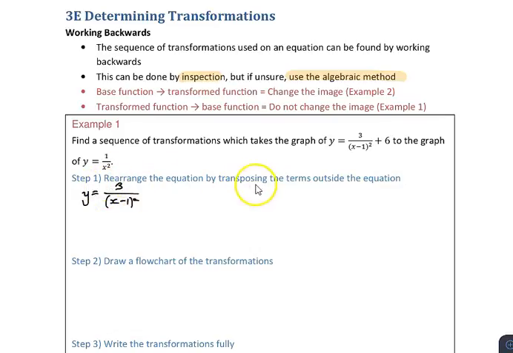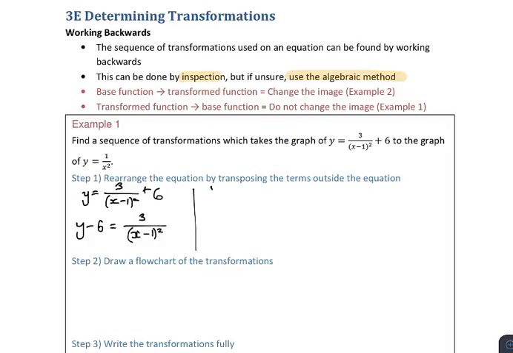So step 1, rearrange the equation by transposing the terms outside of the equation. By that, I mean that I want to get this as close back to the original as I can. So for instance, I have plus 6 that exists outside of a 1 on x squared, and I've got a 3 that exists outside of that 1 on x squared. The x minus 1, that minus 1, directly affects the x, so I can't move it. It's going to stay there. So when I rearrange this, my first step is going to be to minus the 6,